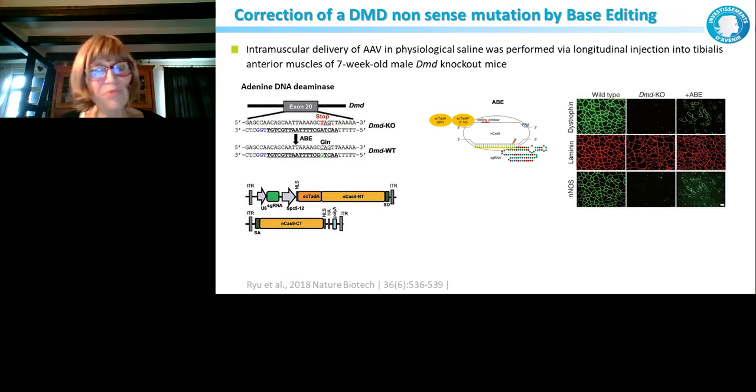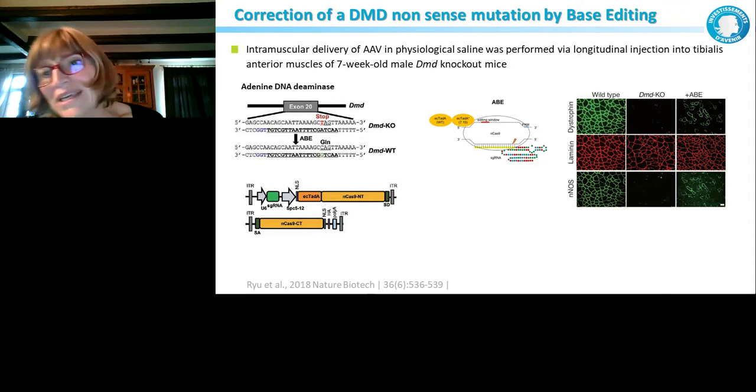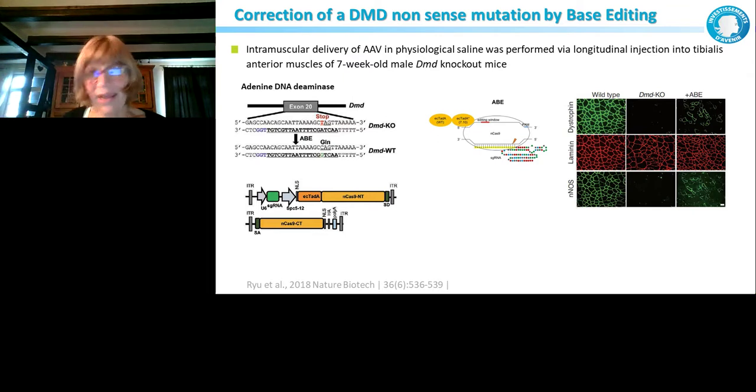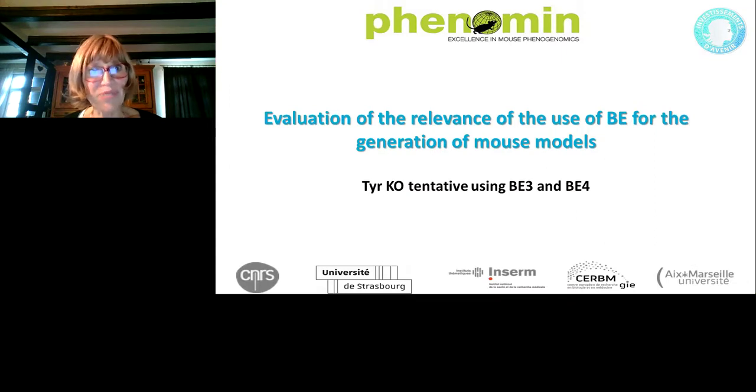That looks great, but of course, if the correction is not complete, you can also generate a deletion, and it can still go back into the frame and generate a dystrophin that is almost normal. Anyway, they say that it works really well. Again, it's on a model on the X chromosome because it's simpler, and you need to target only one allele in the male. That's why this kind of model is often presented, because it's the simplest model possible.